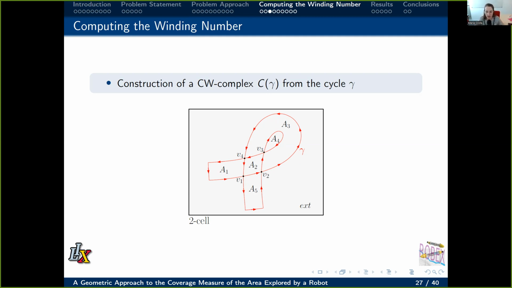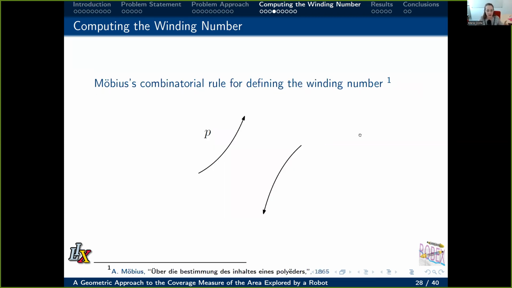And we are going to do this quickly and efficiently using two rules that I'm going to present right now that allow us to determine the winding number in all of the regions by knowing the winding number in only one of them. So the first rule is the Mobius combinatorial rule for defining the winding number. So here Mobius states that if we have two regions that share a boundary, their winding number values must differ of 1. And by convention, since we are counting counterclockwise cycles, the region on the left must have the bigger